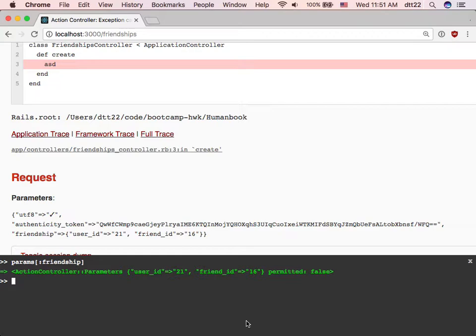Do you know how to, normally, how do we get the params here to pass into a model? Require what? Friendship. Alright, and after that? After that, we permit. What do we permit? Huh? User ID, friend ID. User ID and